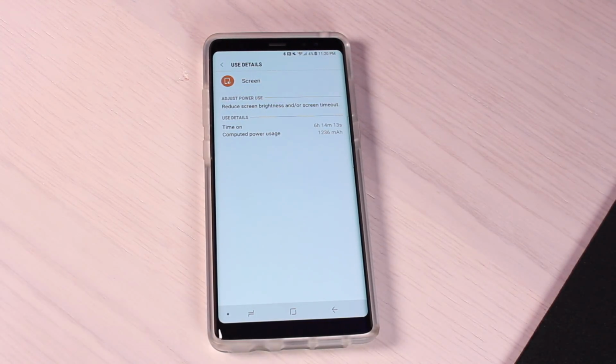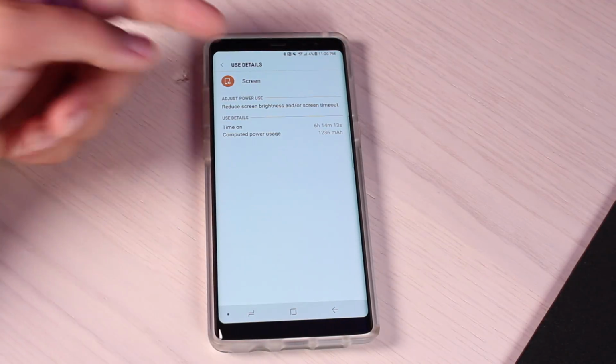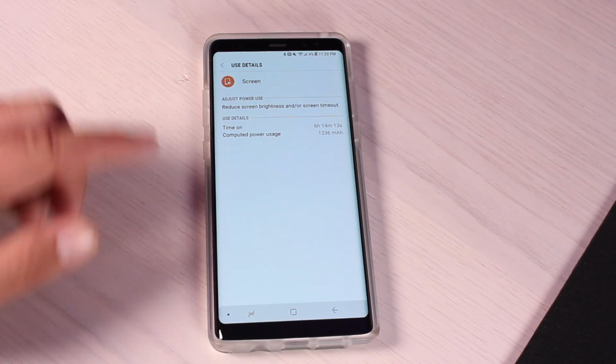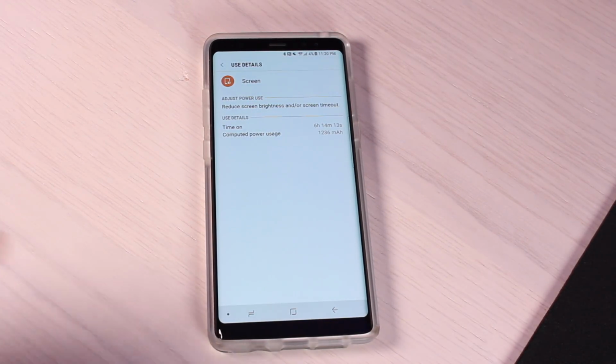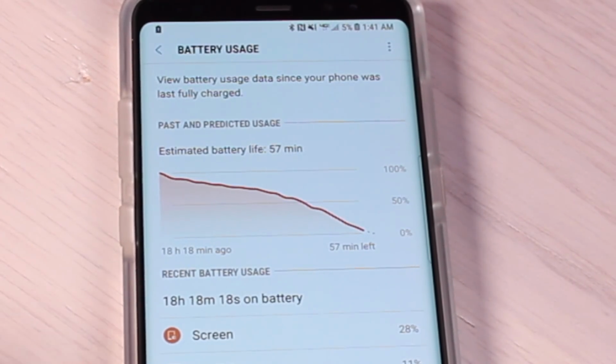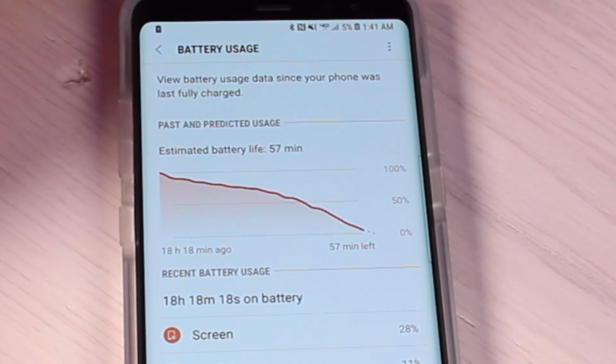Now, that being said, that was no Wi-Fi at all. I've been on a 4G only connection for the past week, and I have been using this at full HD. So it comes out of the box at full HD. You can go in there and set that to QHD, which will drain the battery slightly faster than the full HD display. The next day, I was able to get 18 hours and 18 minutes, and I had 5% left,